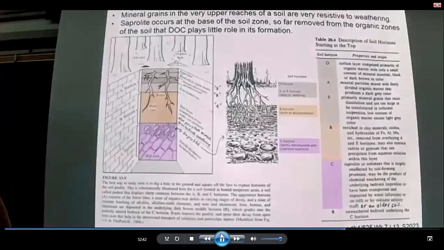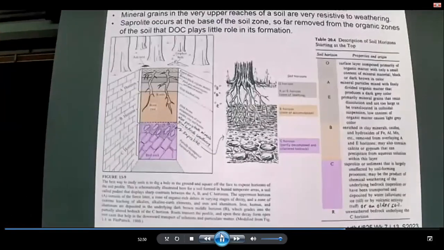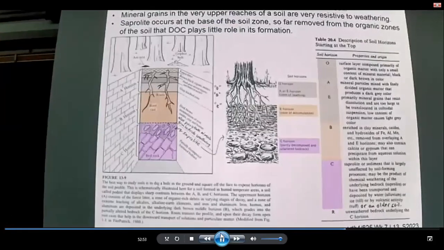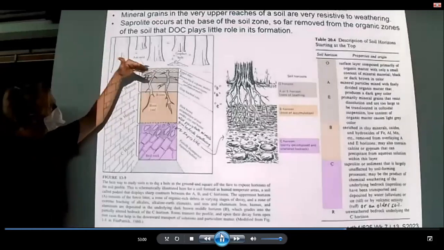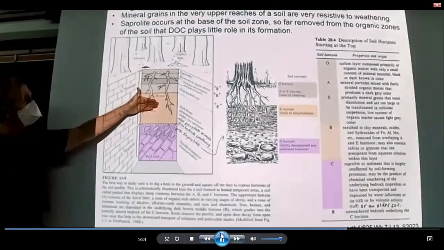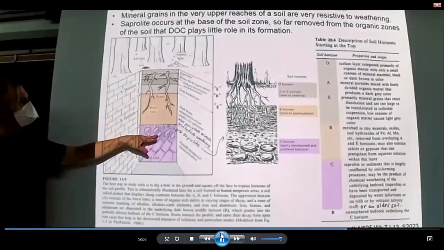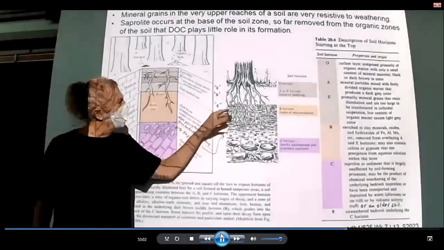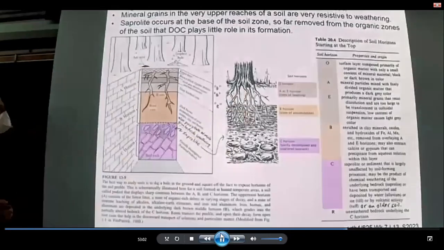So these are just a couple of pictures that go into a little bit more detail. One of them shows you textures, and one of them shows you the relationship between the various horizons and things like tree roots and burrowing organisms like gophers and ants. And the key thing that you can see, and I don't even want you to memorize any of these names,